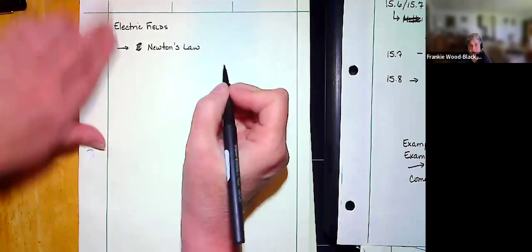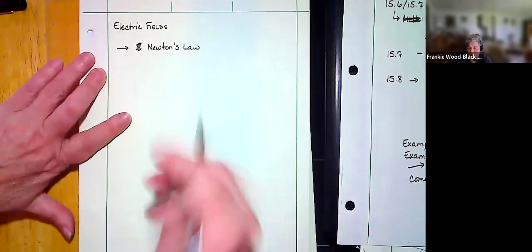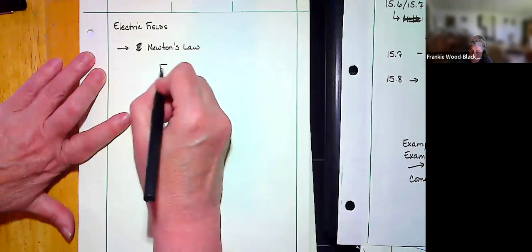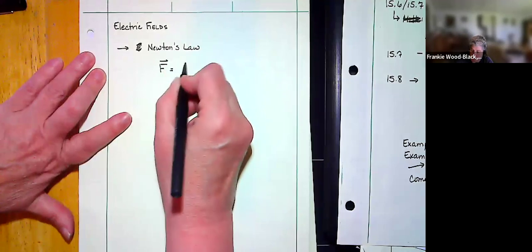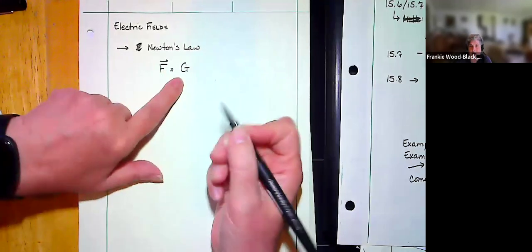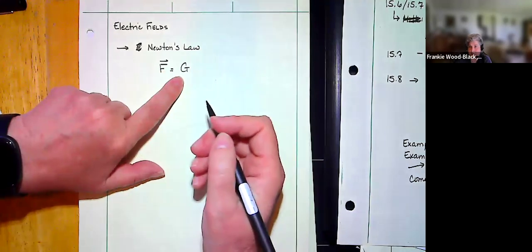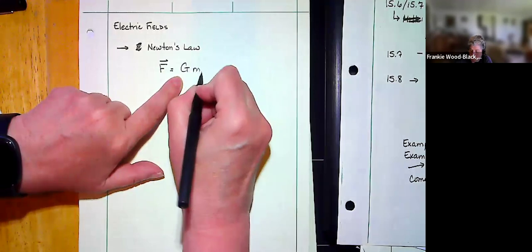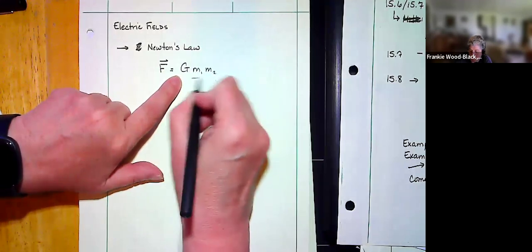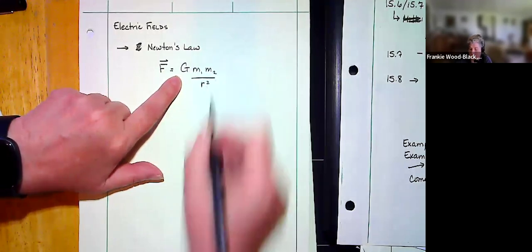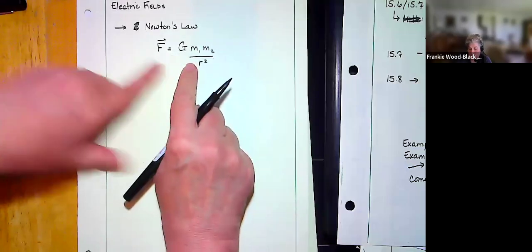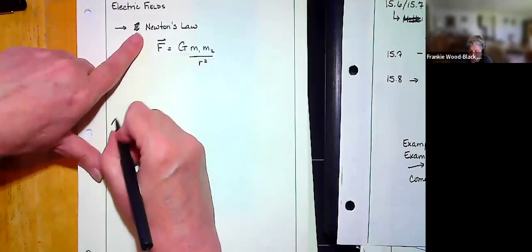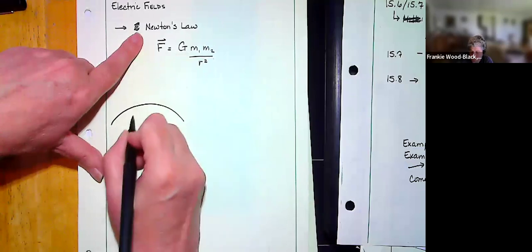And I'm going to start with the more broad Newton's law. Force is equal to Newton's constant associated with gravitation, mass 1, mass 2 over r squared. Now, if I were to take this and we're going to deal with the Earth, so this is the Earth,